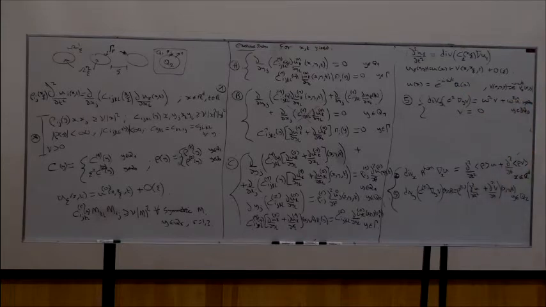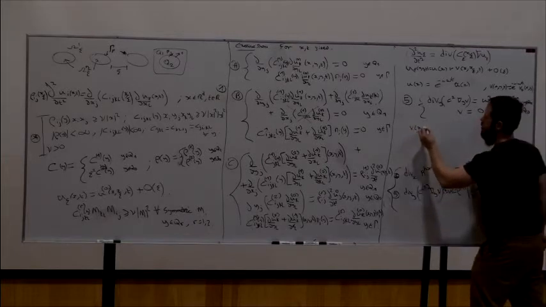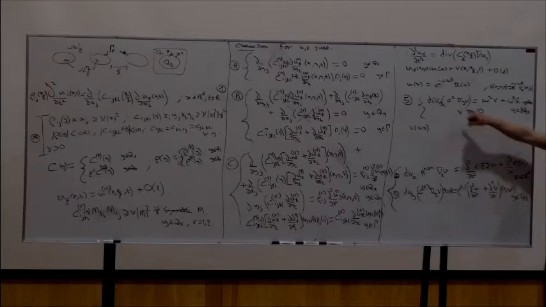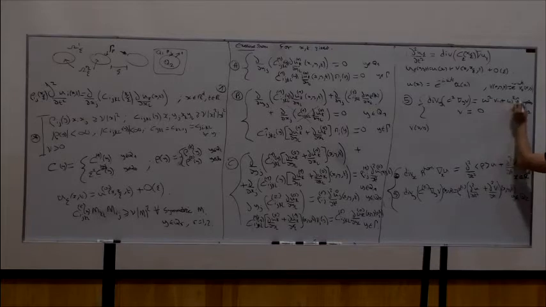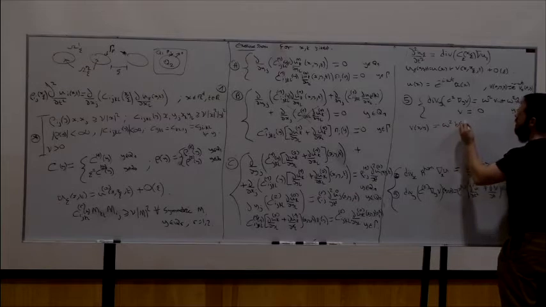And now you can guess the particular structure of this function v, because again, this is a differential equation in y only, and this right hand side is a function of x only, but this is a function of x and y. Just to get to the point, if we take this particular guess,